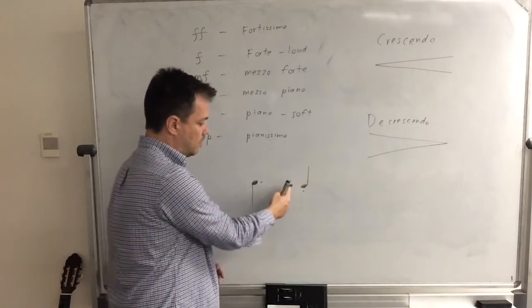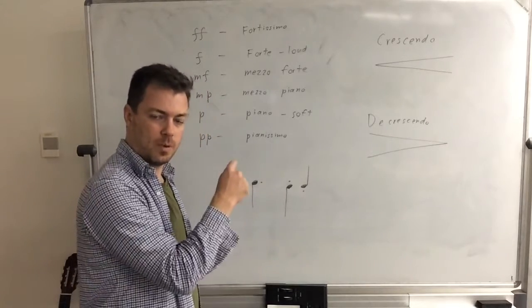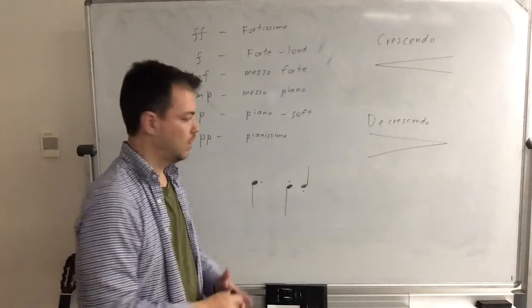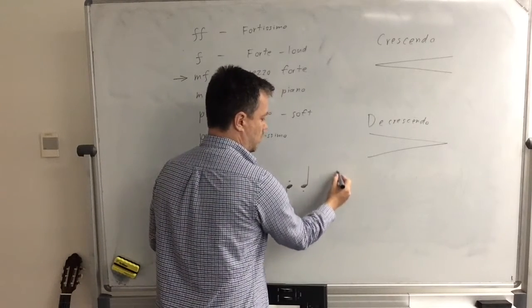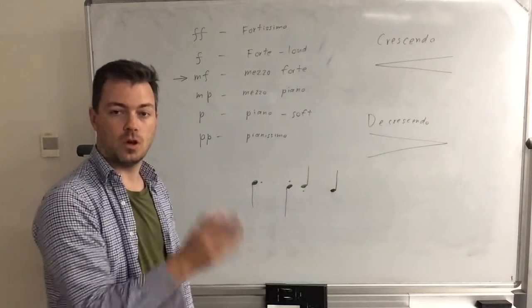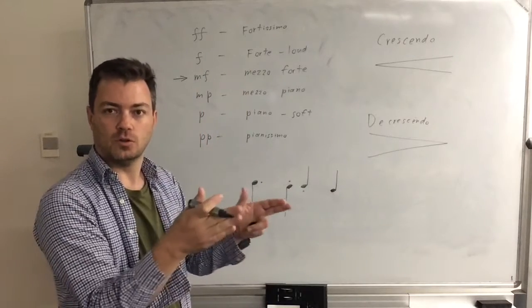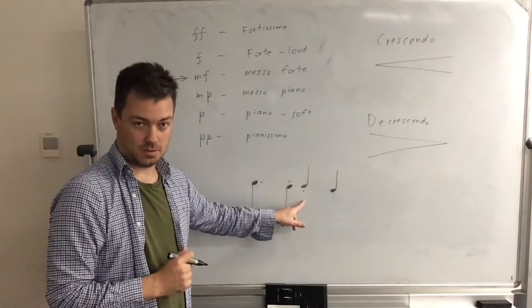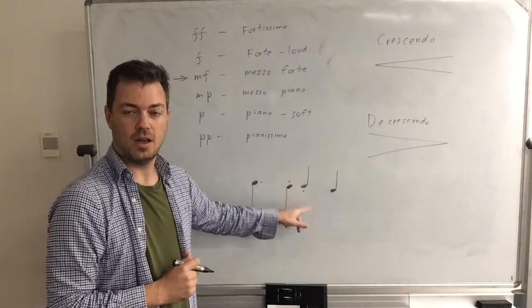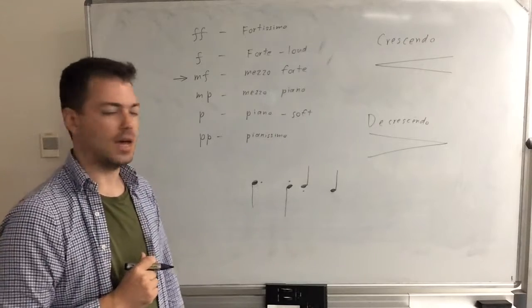So if you have a note with a little dot above it, it goes but, like that. If the dot was not there and we had a note without the dot, the note would go ba. You would hold it for its full length, ba. But if it has a dot, it's called staccato. I'll try that again. Staccato, and it's but, short and detached.